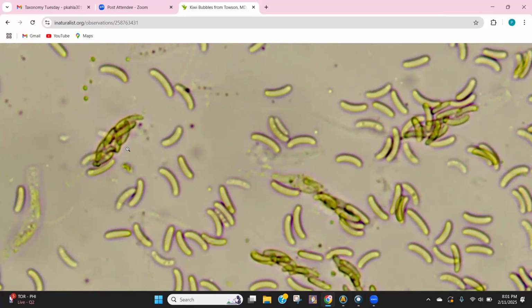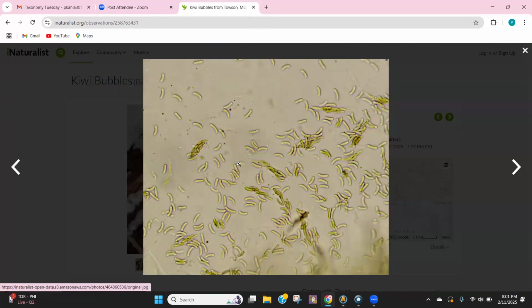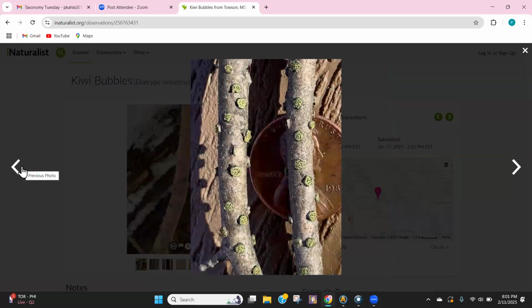Yeah, that's great. That matches what you find online. So I'm psyched. I was wondering if anybody had found any. Thanks for sharing. I just checked. Really, really nice photo of the fruit bodies. Was that taken through a loupe or some other magnifying device? No, no,